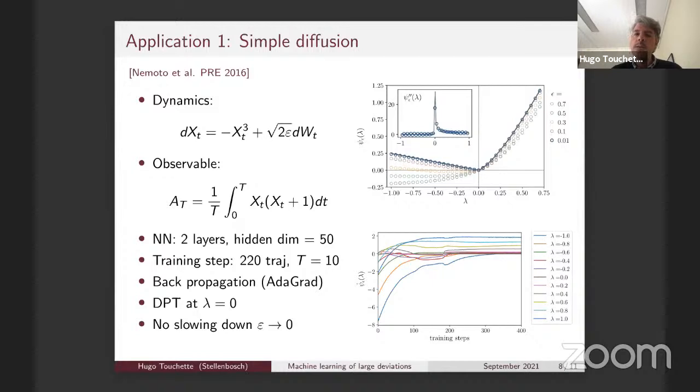So I think what's going to happen in the future is that we're going to have this ecology of different methods that we can combine, and then we can use in different contexts. You can combine cloning with this method. You can combine importance sampling with this method, and then there would be some advantages in keeping all these methods and combining them.